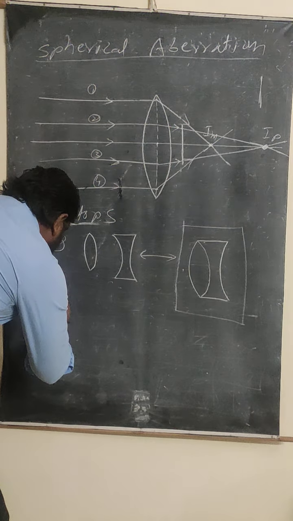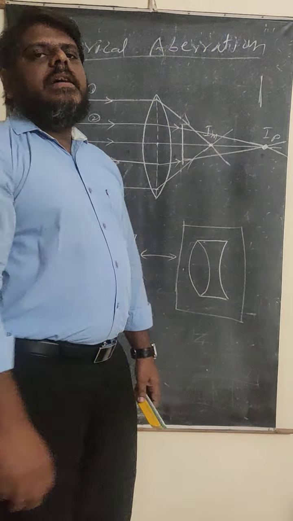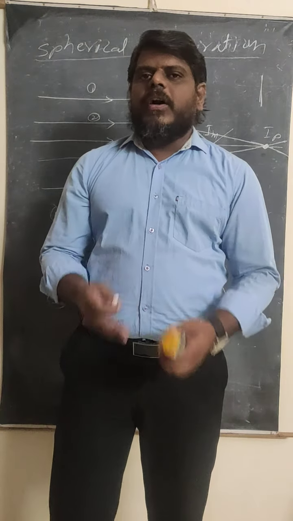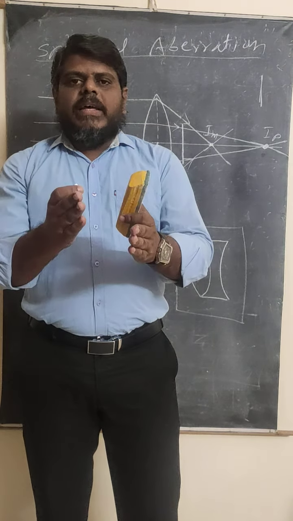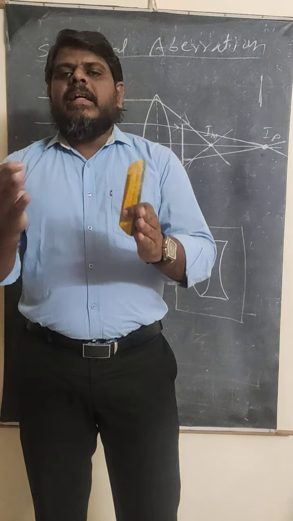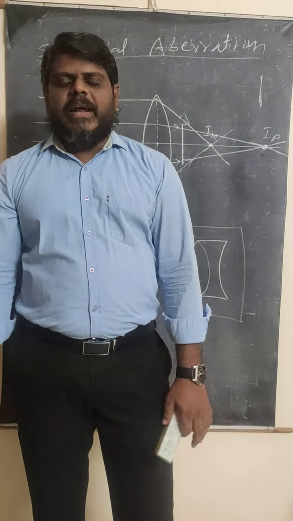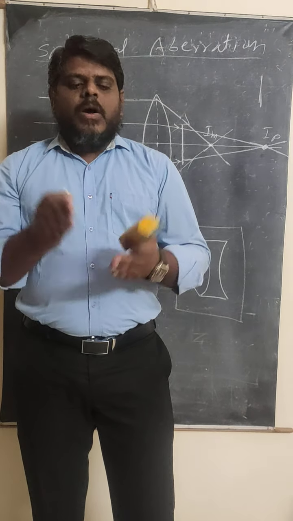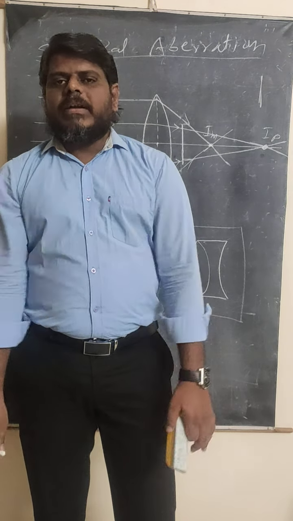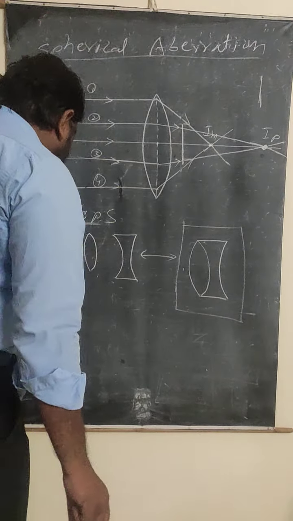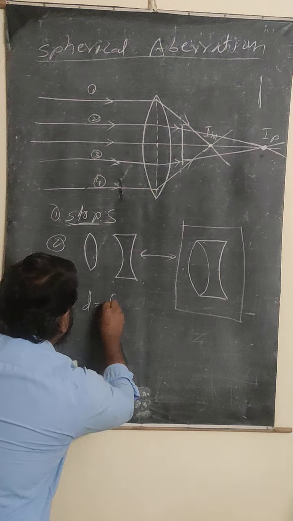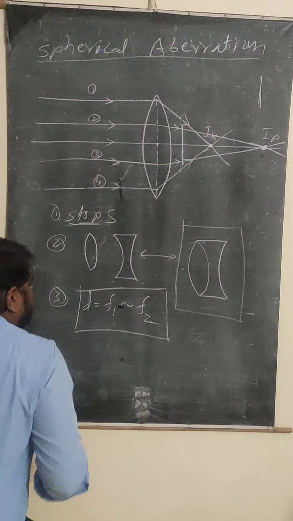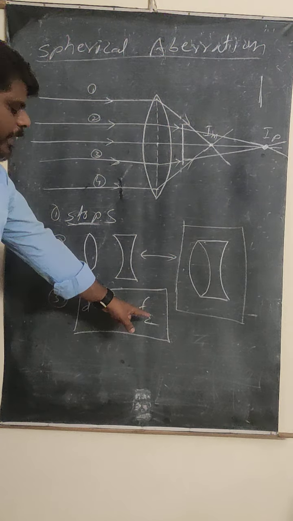Next, the third method. The third method explains what happens when you use two lenses. When you use two lenses of different focal lengths f1 and f2, and the two lenses are placed at a certain distance, then immediately the spherical aberration is going to be eliminated. Then what should the distance be? If I take the focal lengths as f1 and f2, what is the distance between the two lenses so that it can overcome the spherical aberration? Then the distance must be d equals f1 minus f2. This is the relation we are going to use here. d equals f1 minus f2.